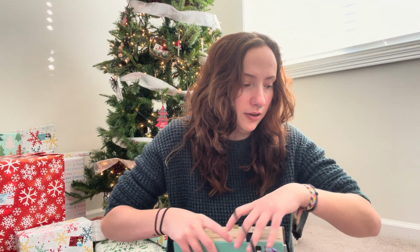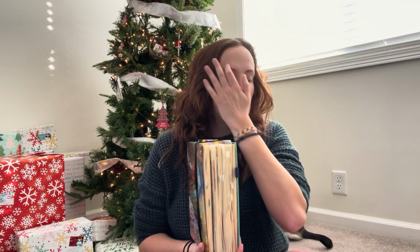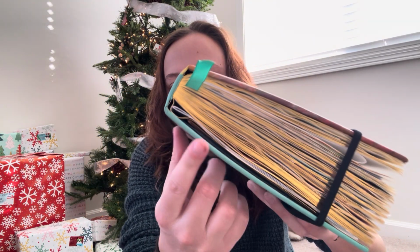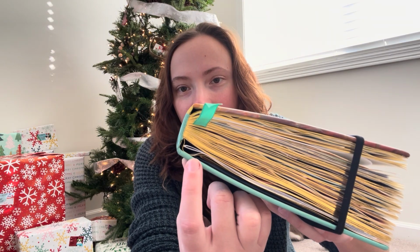Yeah, this is probably my second favorite journal from this year. Or it might be tied with one other one as my favorite journal. I really felt connected to this one. I felt like I got my groove back in here. It just felt very homey and comfortable and safe. And I was really sad when this one ended, but at the same time, the spine, look at it. It's literally warped down here. This is the back cover page. And you can just tell how much this journal went through